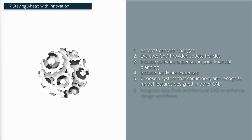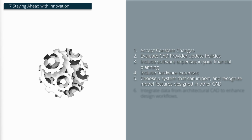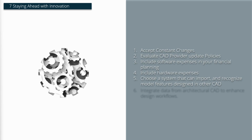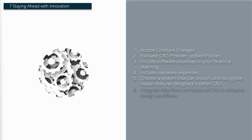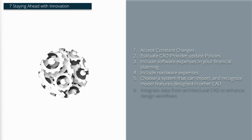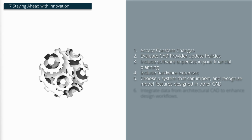If you're working with imported models or different formats, a good point would be to choose a system that can recognize model features designed in another CAD. For instance, if you got a model and you want to remove some drillings or change their position, the great situation would be if you are able to recognize those features and change them. Because usually when you import data from another CAD system, you don't have any controls. You just get the geometry without the history of how this geometry is built, without the parameters to control the size and so on. So if your CAD can recognize the features and allow you to change them,